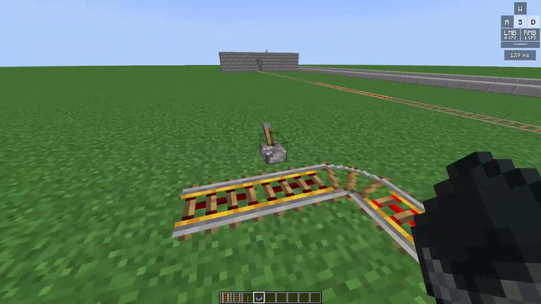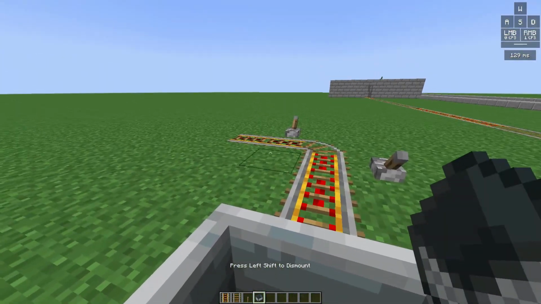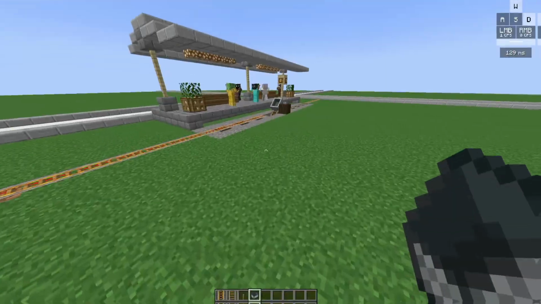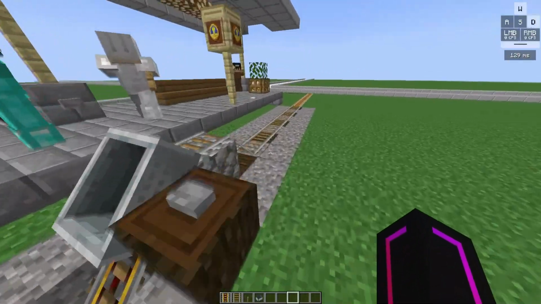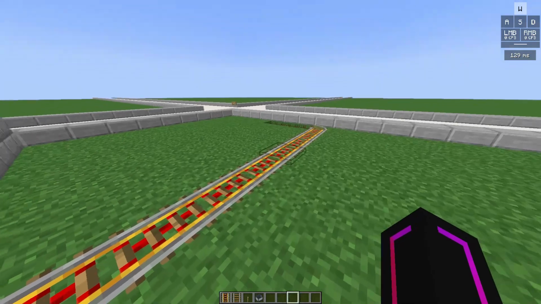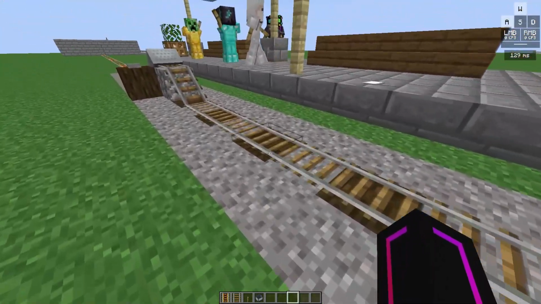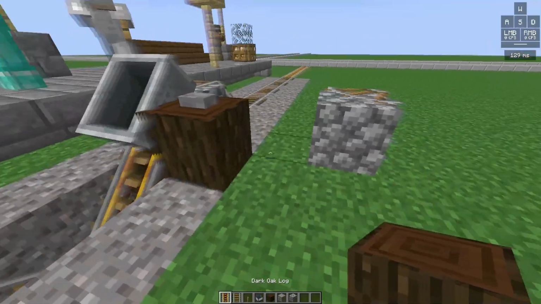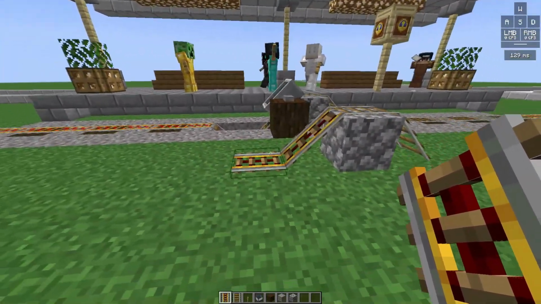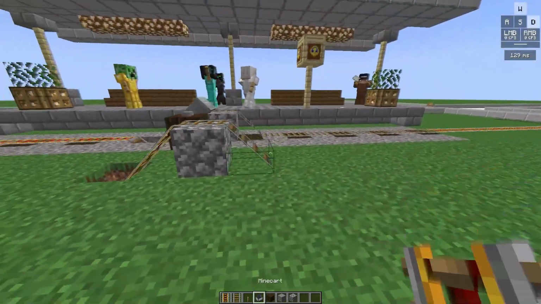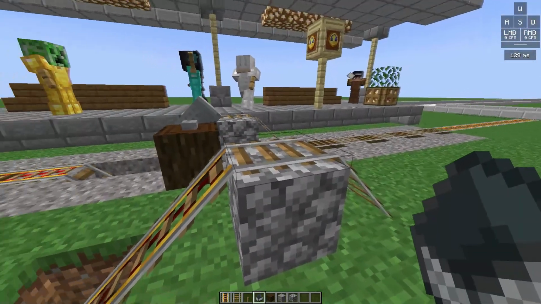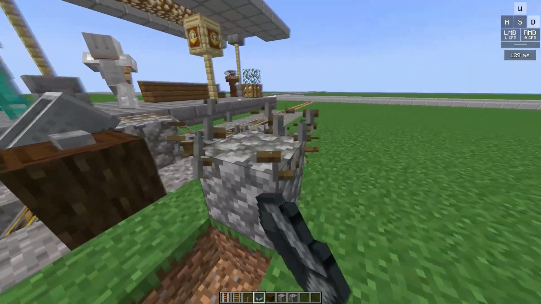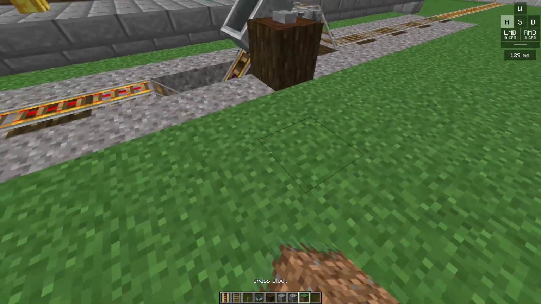If you don't power the rails correctly and they're not glowing, then your train will stop in its tracks. Now over here what I've done is that I have the rail coming here, powered rails, and then it goes up a slope and then down. So basically it looks like this, and what this does is that when the minecart comes up, it automatically stops on these powered rails since they are not powered. So that's a really useful feature for non-powered rails.